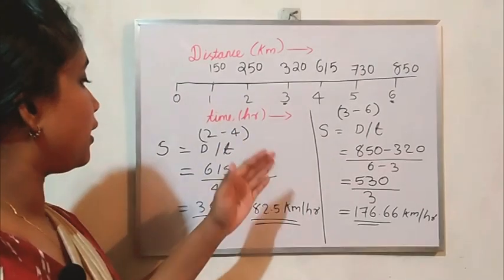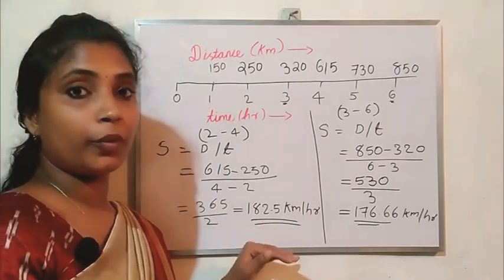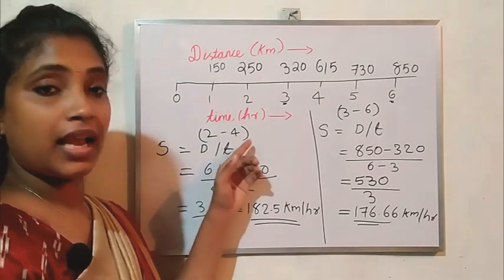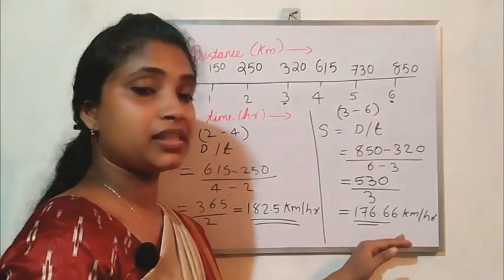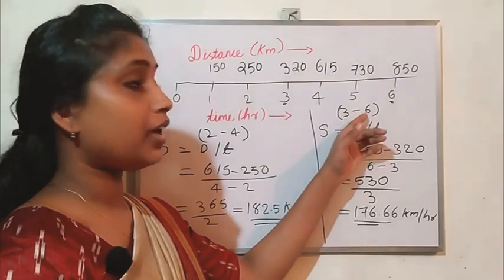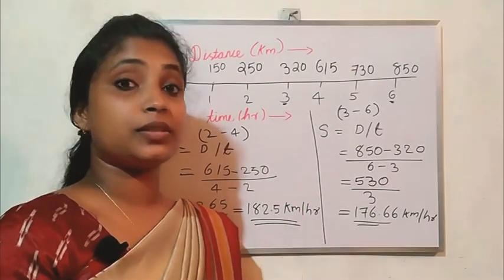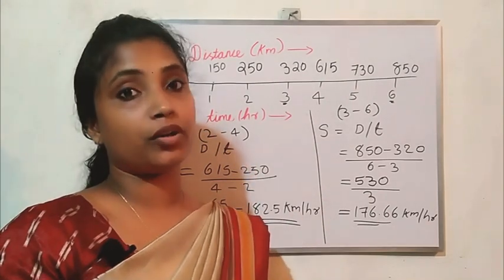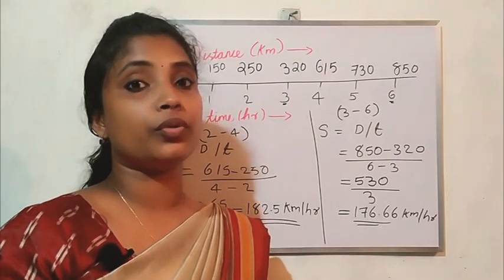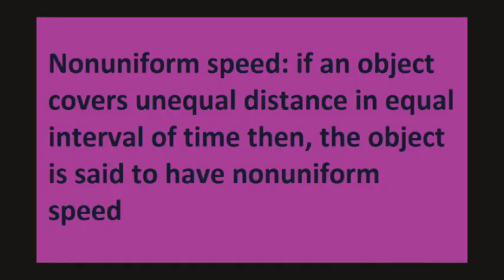See here, the train has a speed of 182.5 kilometers per hour between 2 hour and 4 hour. And the same train has a speed of 176.66 kilometers per hour between 3 hour and 6 hour. That means the speed of the train is not same in all the time, right? So this kind of speed is known as non-uniform speed. If an object covers unequal distance in equal interval of time, then the object is said to have